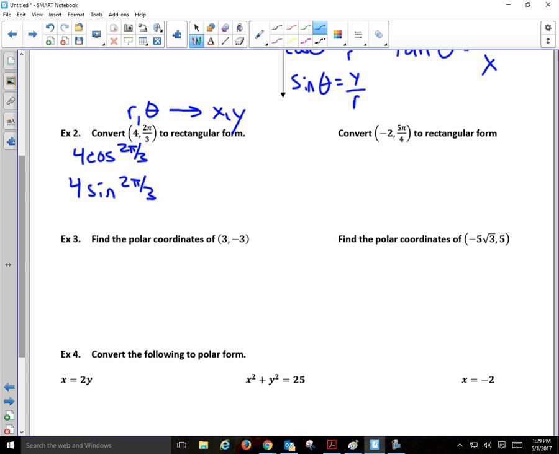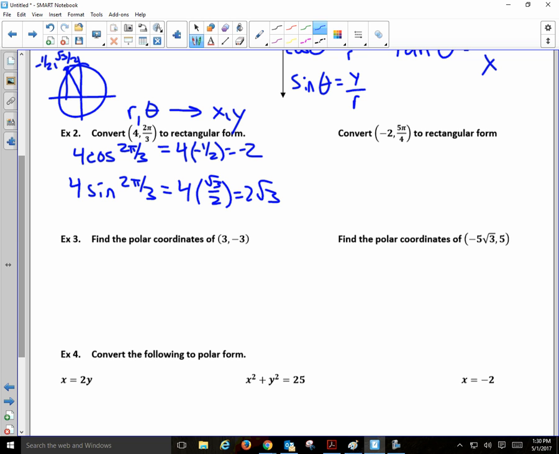Super duper. What is the angle of 2 pi over 3 in degrees? 120. Well, that's a 60-degree reference angle. What is the terminal point at 120 degrees with a 60-degree reference angle? Negative 1/2 and root 3 over 2. So I have 4 times the cosine of 2 pi over 3 is 4 times negative 1/2, which is negative 2. And I have 4 times the sine of 2 pi over 3 is 4 times root 3 over 2, which is 2 roots of 3. So therefore, you get negative 2, 2 roots of 3, and that is the rectangular coordinate that matches with the